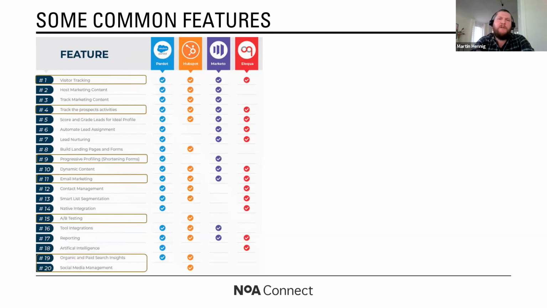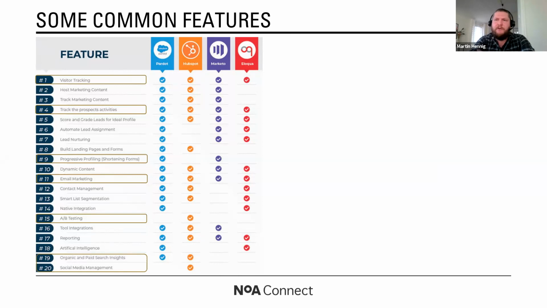And it will allow you to follow your visitors, which is someone anonymous, right? Someone that we don't know yet, to see, okay, what pages are they browsing? What content are they looking at? And then once they convert, which in our world means now they're a known prospect, right? So they fill in a form, we know their name or we know their email address, then the tracking continues.